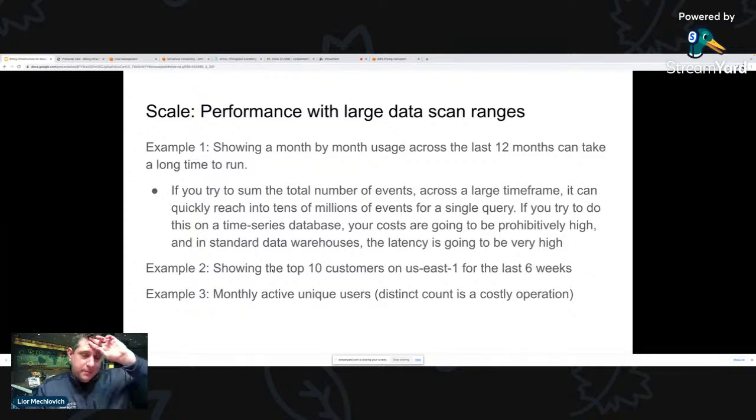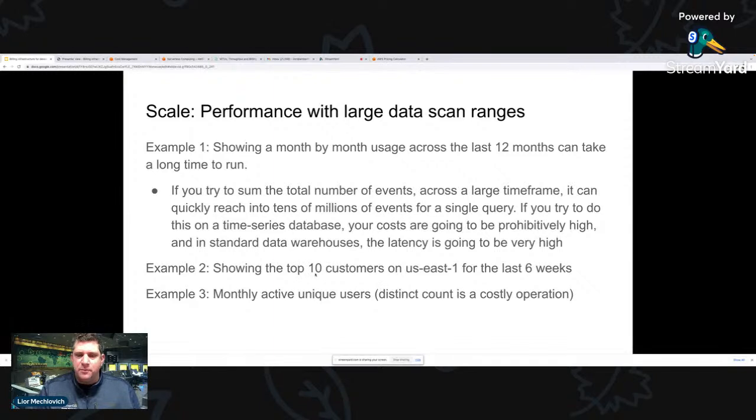Okay. Yeah, just diving a bit into this scale. As we saw in Cost Explorer, being able to show the last 12 months, month-over-month usage, this font is a bit large, but it's really hard to do, right? It can be tens of millions of events for a single query. If you run it against Athena or Redshift, it's really not a great custom user experience. And if you just save the raw events and don't do intermediate aggregation, it will just not work. In the end, it will not scale, and the latency will not be good enough.